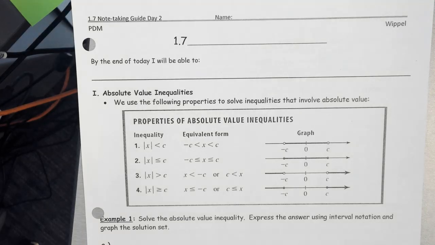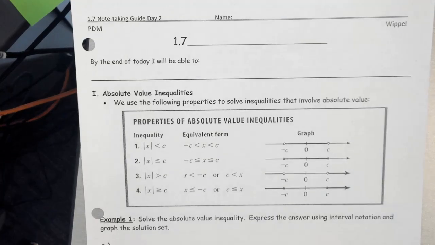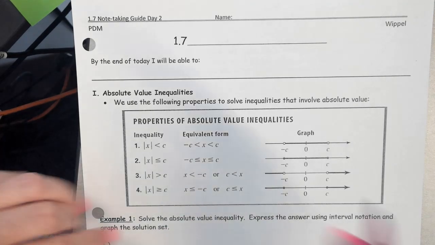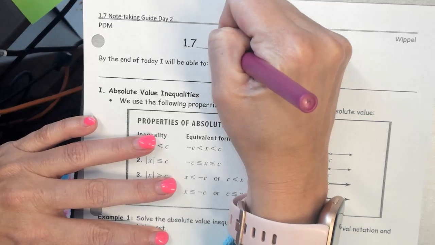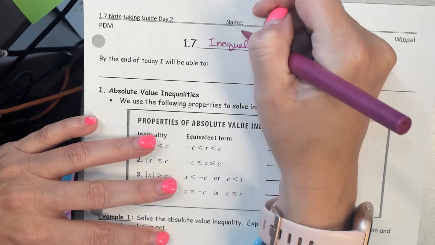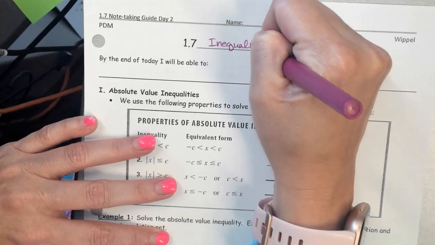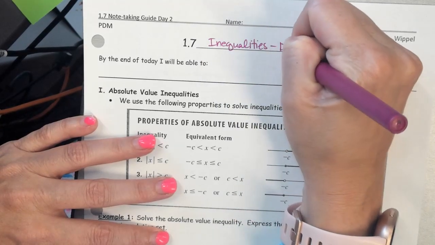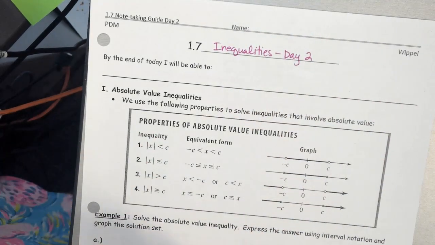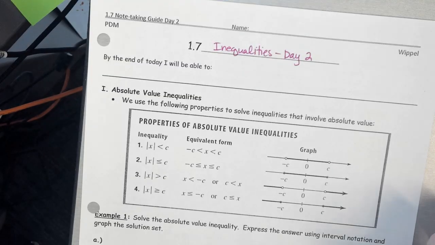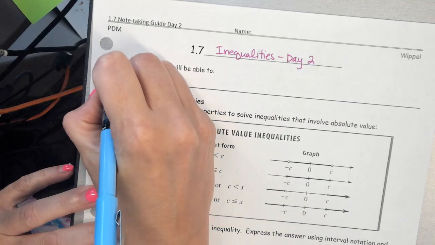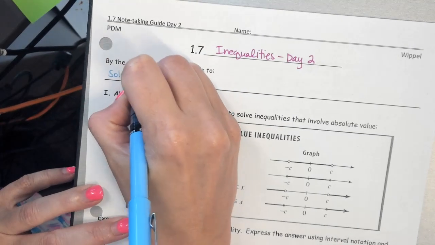1.7 is what we're continuing today. Remember, 1.7 is called inequalities. So that's what our focus is going to be. And today we're going to review how to solve inequalities with absolute value, which is something that you did in Algebra 2. So we're going to solve inequalities